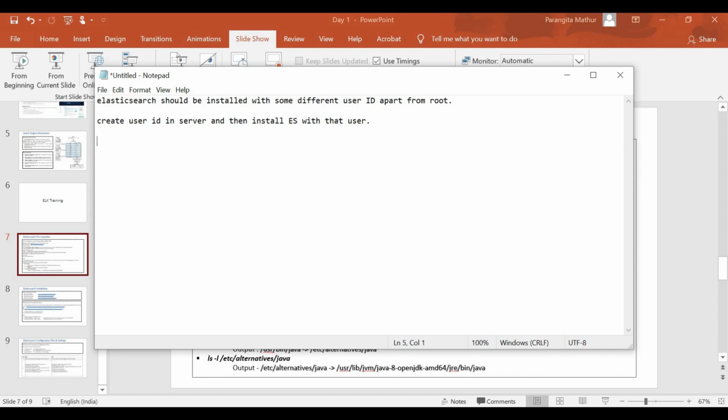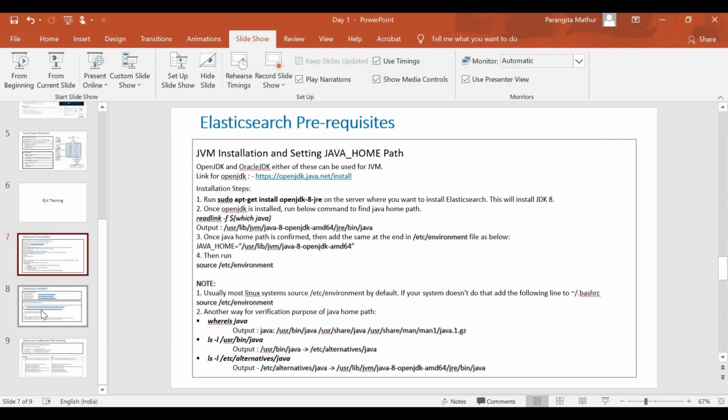Apart from that, we have to install JVM before installing Elasticsearch. Now with JVM, one of the major confusions that always comes up is its home directory, like how you can place Java, how to configure Java home. So in this session I'll be covering that as well, like how you can make Java home for your particular server. So let's go ahead and proceed with it. Before moving to this one, there are some important links that have to be taken into consideration that will be very useful for you guys.